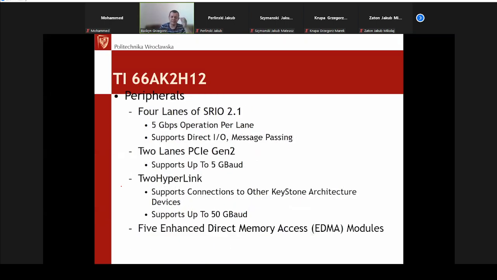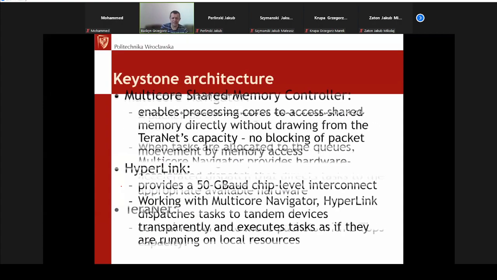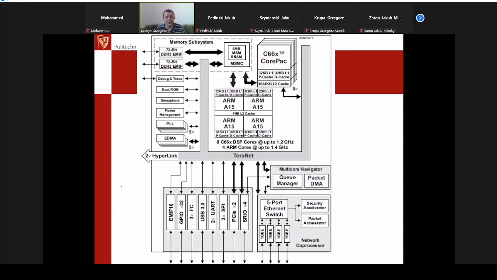That's one of their major use cases. Of course, the DMA, plenty of things. The architecture you can see here in the slide. So surprisingly, plenty of simple interfaces, but then gigabit Ethernet, a coprocessor on board, plus quad-core Cortex A15, plus octal core